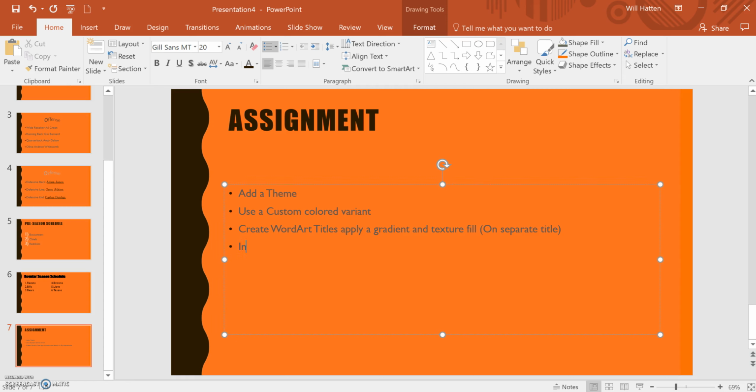Then we're going to include a bulleted list, include a numbered list, use custom numbers and font colors for the numbering and bullet points,